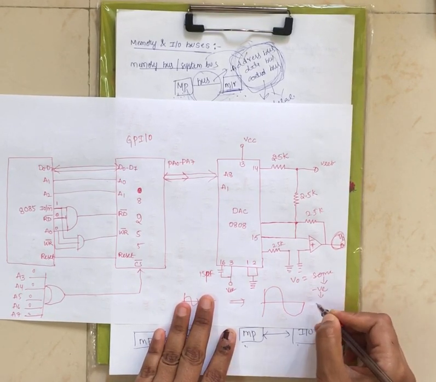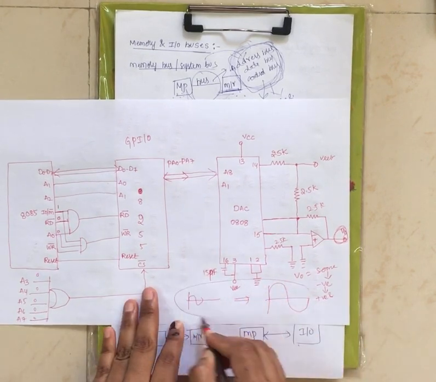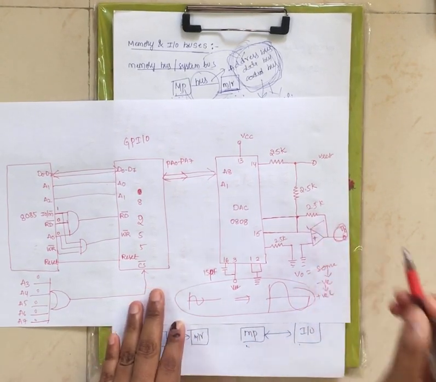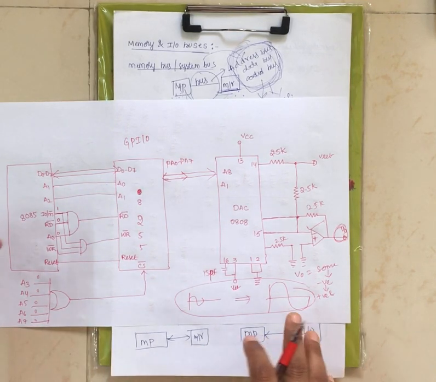In order to convert this negative voltage to positive and to amplify the signal, we are using an op amp at the output, right? Resistors are used for matching the load and the amplifier is used to convert a negative voltage to positive voltage and to amplify the signal, right? Now this is how to interface your DAC, right?